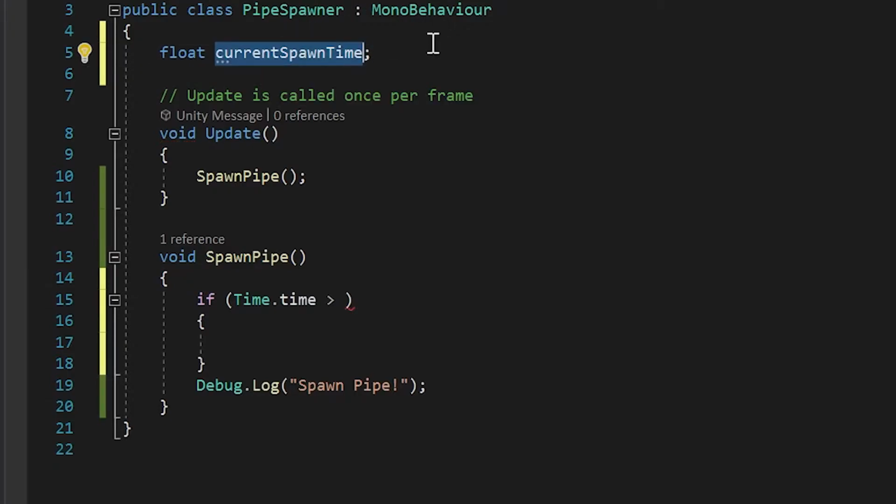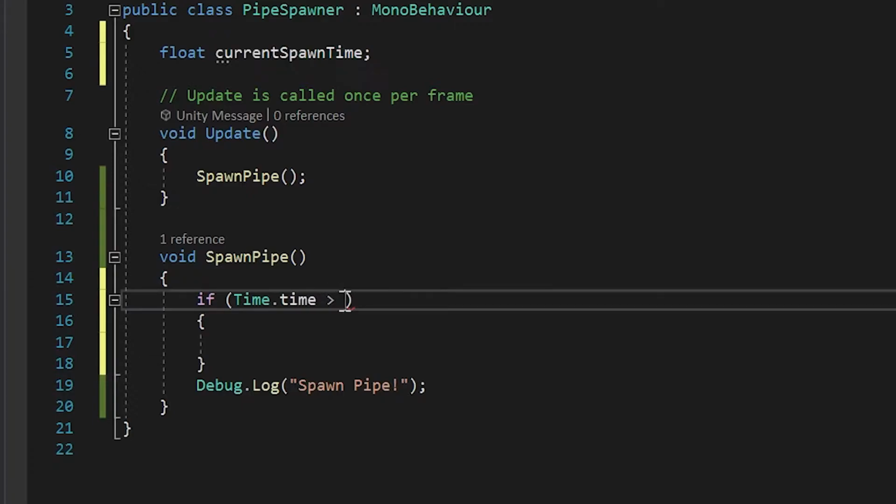Next, let's copy our current spawn time variable by hitting Control or Command C on your keyboard. Go down into our if statement, and on the right hand side of our greater than symbol, let's paste our variable current spawn time. You may remember by default a variable with no value assigned is set to 0. So the first time this if statement is run, time just needs to be greater than 0 to meet the